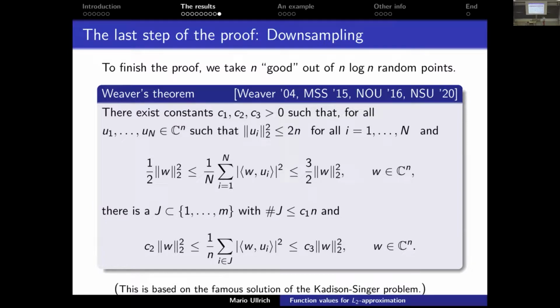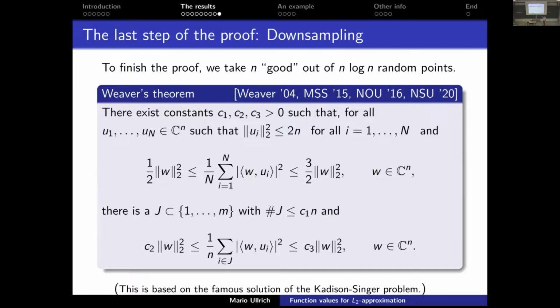This is basically Weaver's theorem, which was called Weaver's conjecture until it was proven by Marcus, Spielman and Srivastava. And this is just an amazing result, right? The result states the following. Assume you have big N many n-dimensional vectors, all of them with a bound on the L2 norm, such that you can approximate the L2 norm of an arbitrary vector just by these inner products. With big N very large, you don't have to care what N is. N could be 2 to the power small n, right? It could be anything. If you know that you have that, then that's Weaver's theorem.